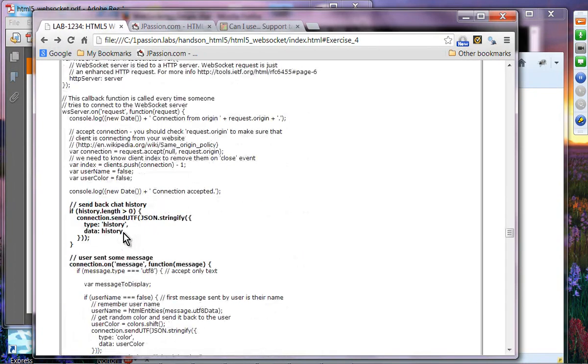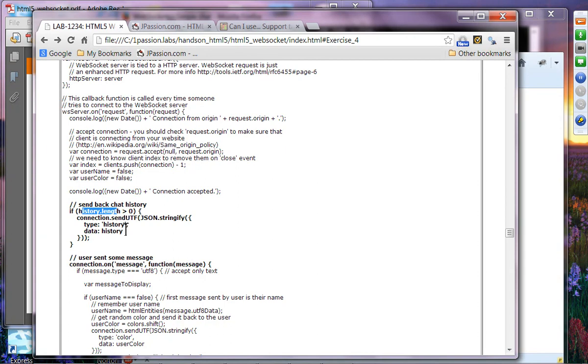And then on the server side, basically, send back chat history. So when a new user joins, the chat history will be sent. Basically, we check whether any messages have been posted by checking the length of the history array,